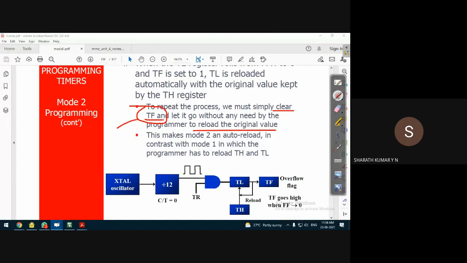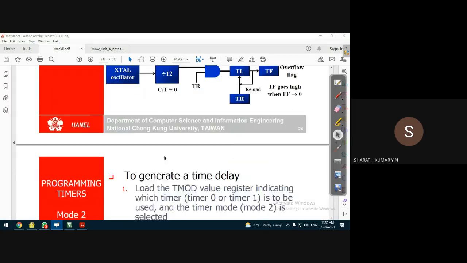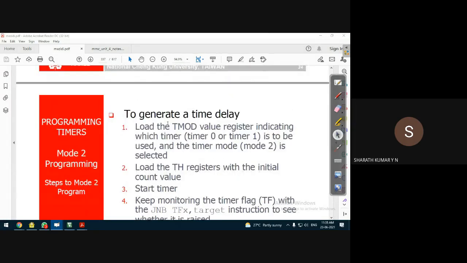If you want to stop, we can stop the timer also. That's also possible. So this makes mode 2 an auto reload mode in comparison to mode 1 or mode 0 operation, in which case the programmer has to manually load the initial value to the timer. So there is an additional process in the case of mode 0 or mode 1 operation.